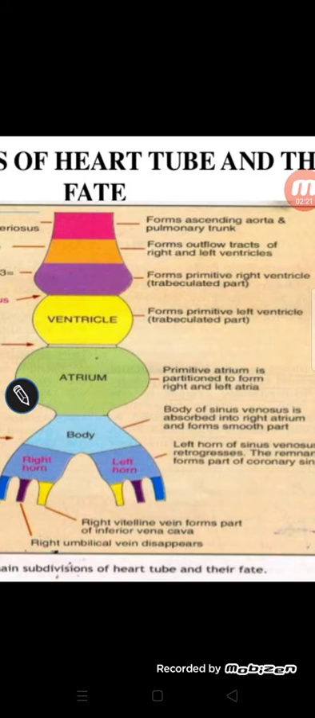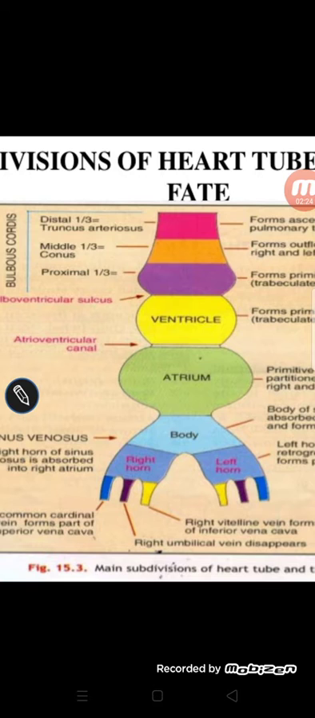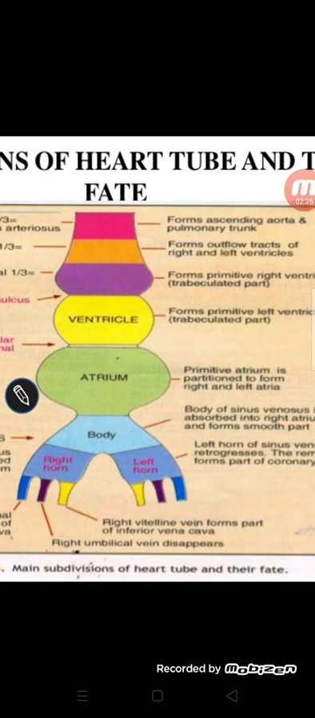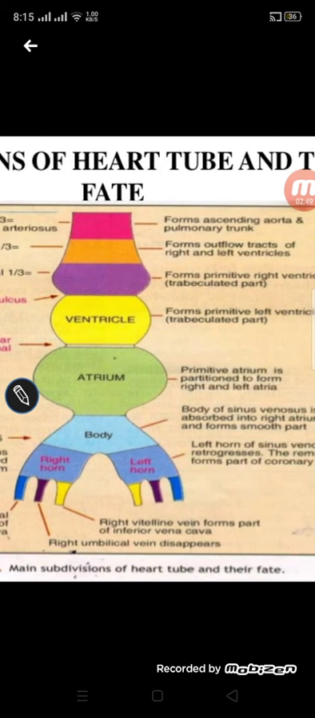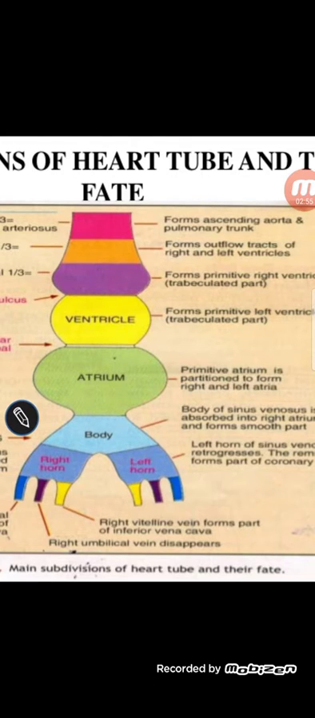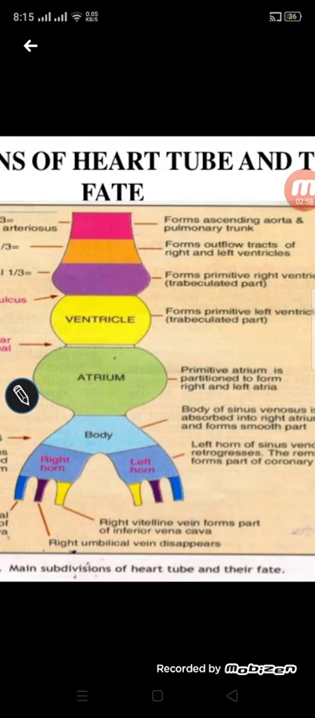You should remember that this proximal 1/3 portion of the bulbus cordis will merge with the primitive ventricle, and together they will form a loop which will be called the bulboventricular loop. This bulboventricular loop will form the ventricles of the heart. The proximal 1/3 will form the primitive right ventricle, whereas the primitive ventricle, this yellow portion, will form the primitive left